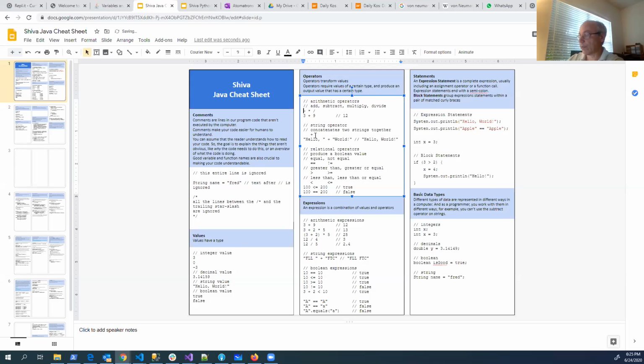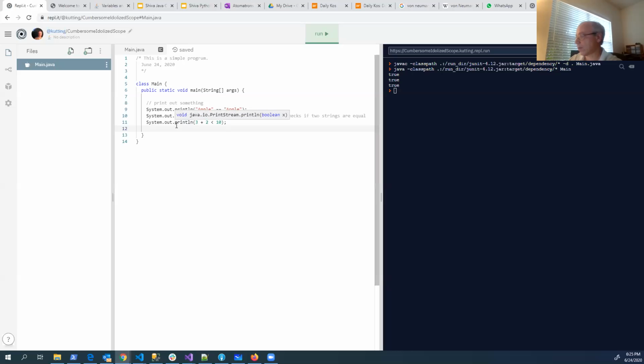Strings have a plus operator. They don't have a minus or anything else, but what the plus operator does is it sticks them together. This is both Java and Python, so you can go ahead and try this in the editor.